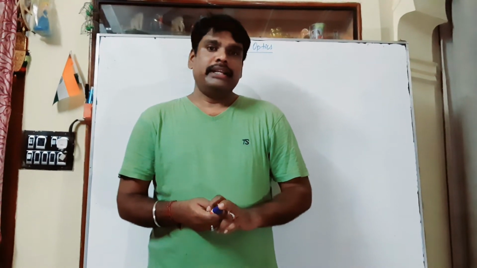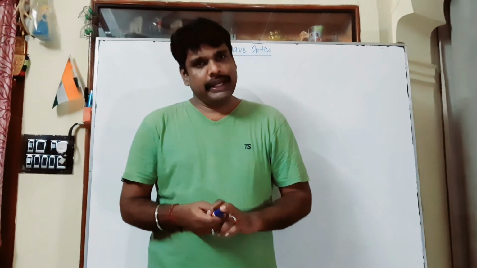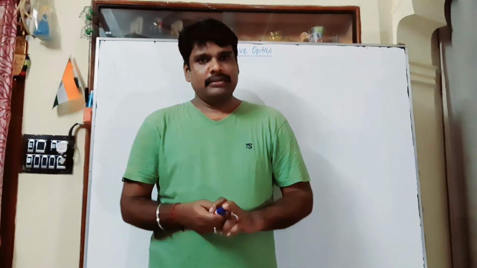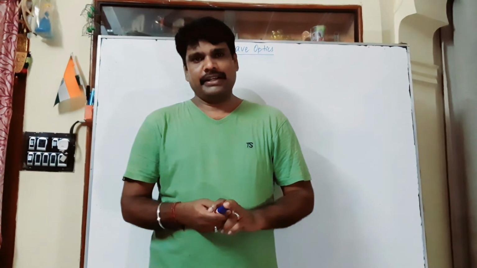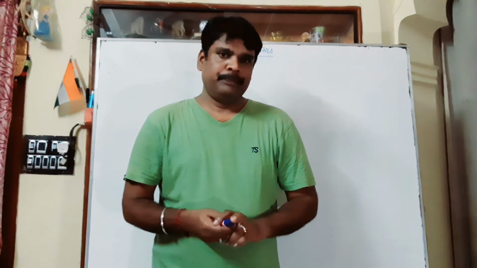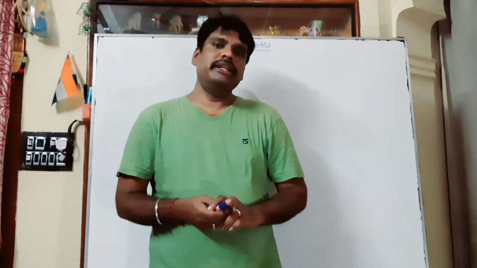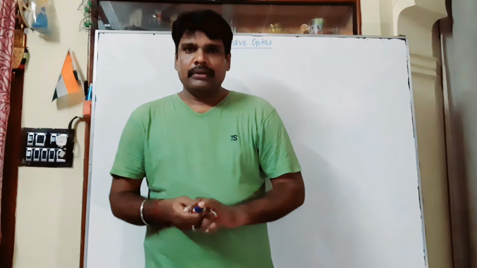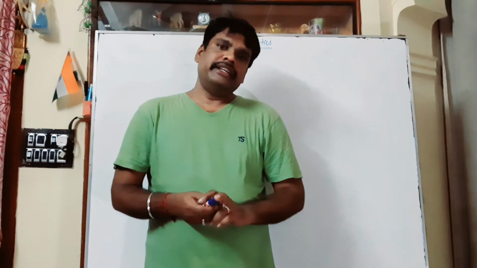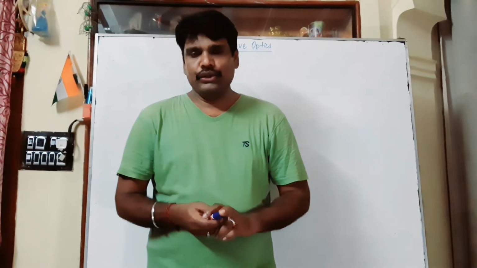There, the light was traveling from a rarer medium to a denser medium. Today, in this session, I will take the reverse direction: the light is traveling from denser media to rarer media. So obviously you know the phenomenon of total internal reflection. When a ray of light travels from denser media to rarer media, if the angle of incidence is greater than the critical angle, the light will totally reflect back in the same media. That I am going to explain in this session by using Huygens principle.